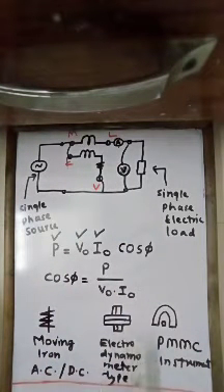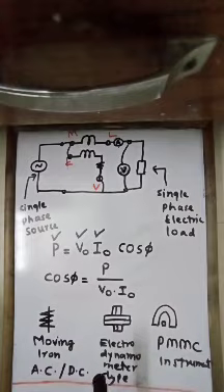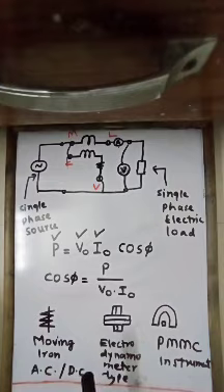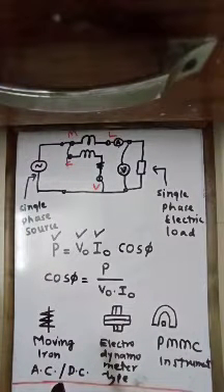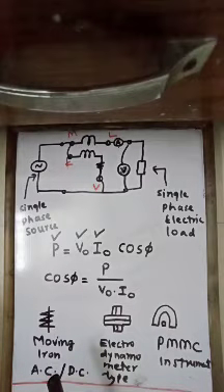because it has low impedance, so it is never connected in parallel with the load. Otherwise it is going to make a short circuit, and a large amount of current is going to flow through the ammeter, and it is not rated to carry that much current, so it is never connected in parallel with the load.